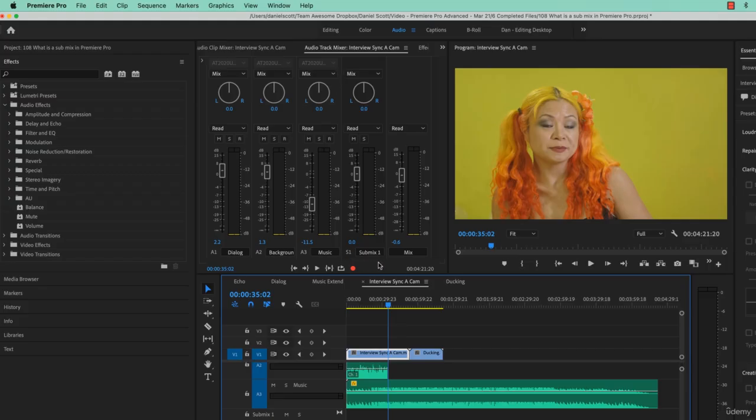How do you know it's a submix? It's a tiny percentage darker than the rest of them. It's so slight. It seems like that in this room at the moment. It might look darker for you. So let's name this one. This is going to be my reverb